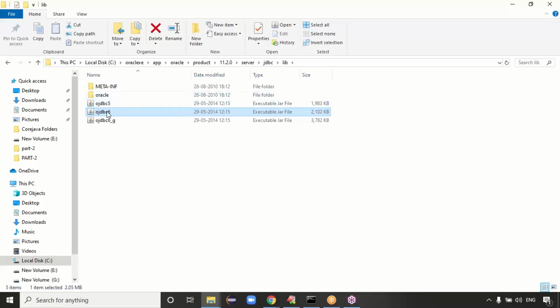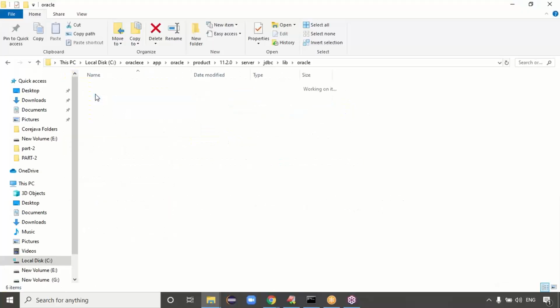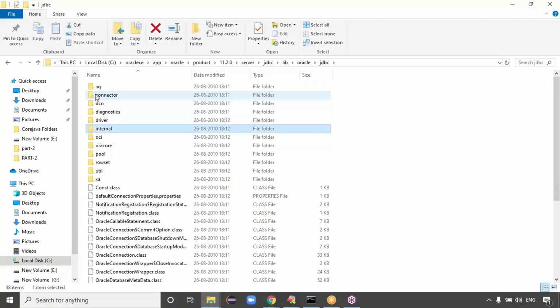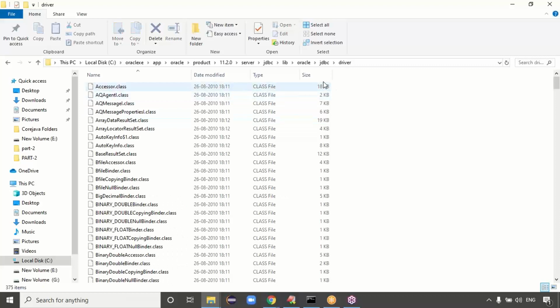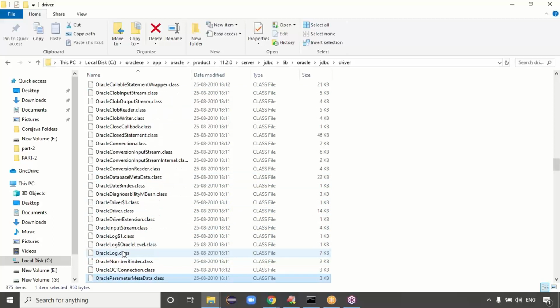Once you extract, you will get this Oracle folder, guys. Oracle driver. What is the package name? Package automatically becomes a folder, right? Oracle.jdbc.driver, guys. It's a package. So go to the folder oracle.jdbc.driver, and here we can see the OracleDriver class.